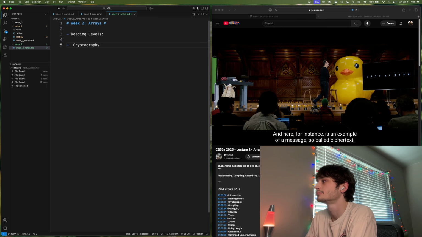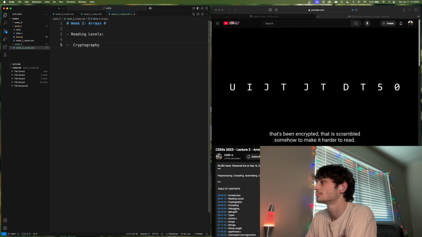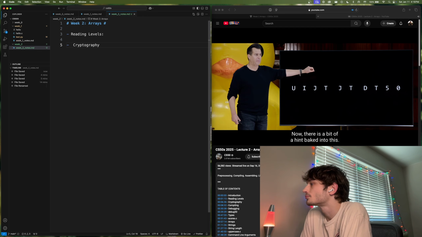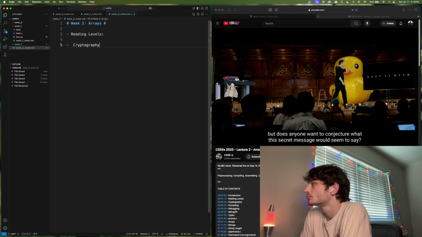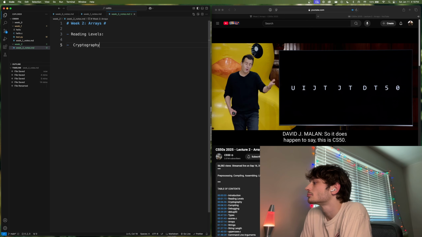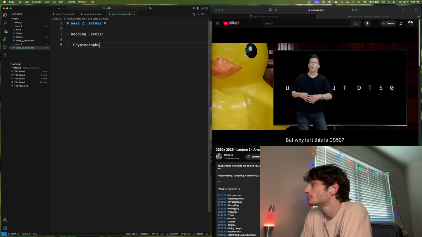And here, for instance, is an example of a message, so-called ciphertext, that's been encrypted, that is scrambled somehow to make it harder to read. Now, there is a bit of a hint baked into this. It's not the most sophisticated algorithm, but does anyone want to conjecture what this secret message would seem to say? So it does happen to say this is CS50, and indeed we're leaking information there,